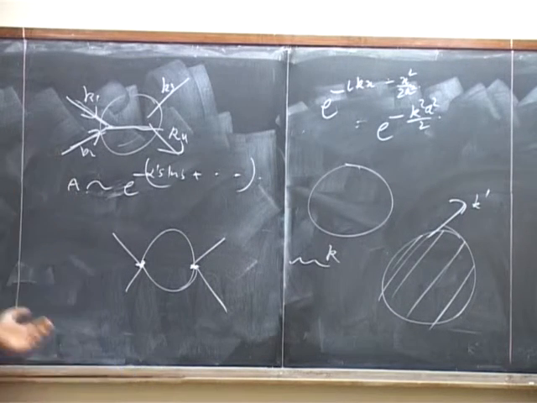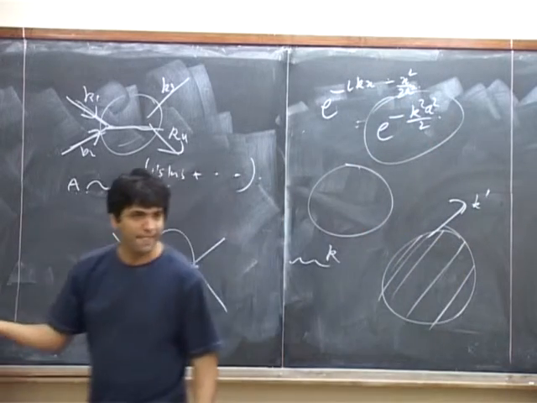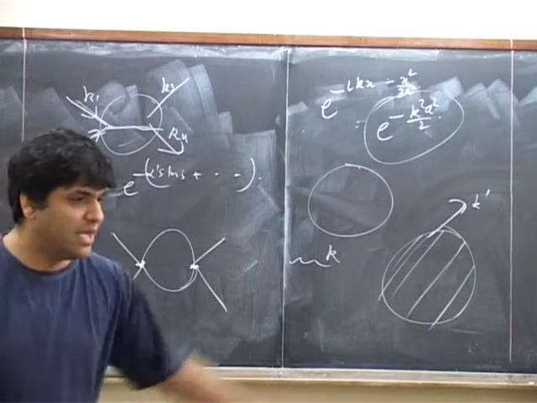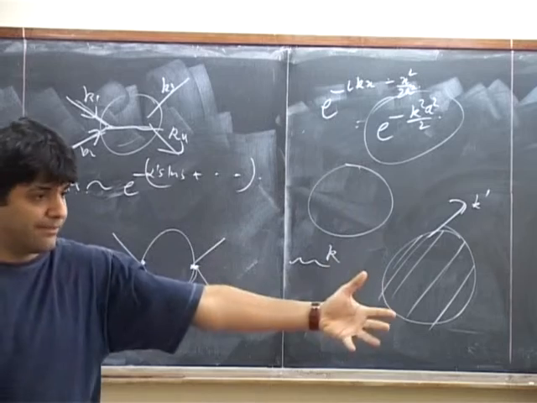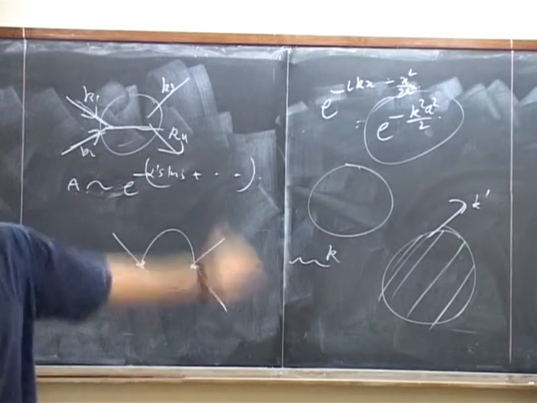Okay? This kind of smallness has a name, sometimes called a form factor. It tells you that if you scatter at very high energies, very small wavelengths, you scatter off something that's very big. Such scattering is always very small. As we've just seen, it's a property of Fourier transformation.